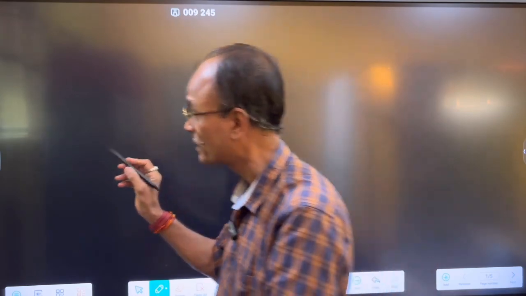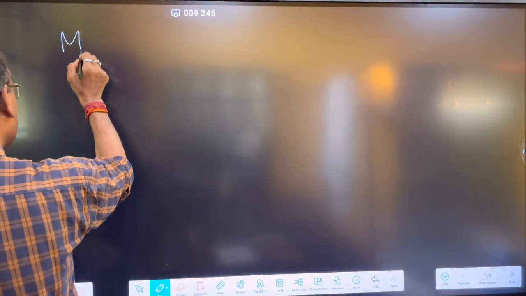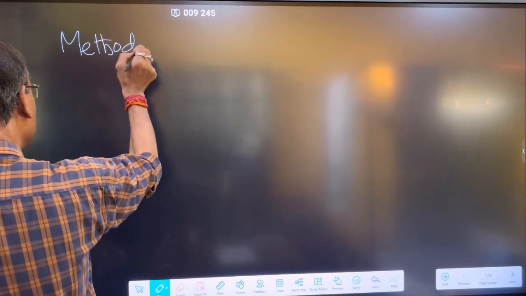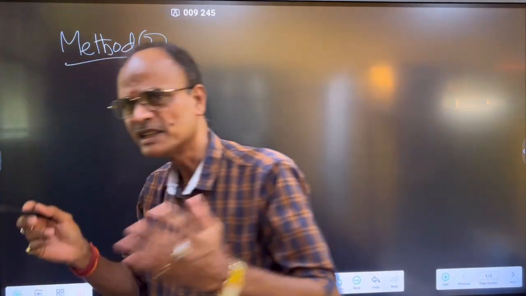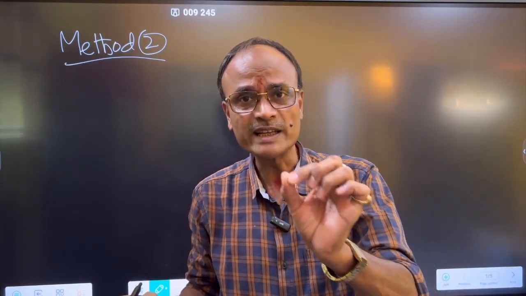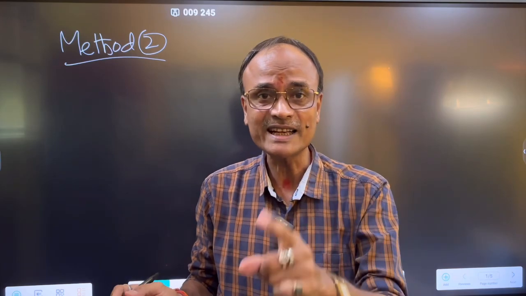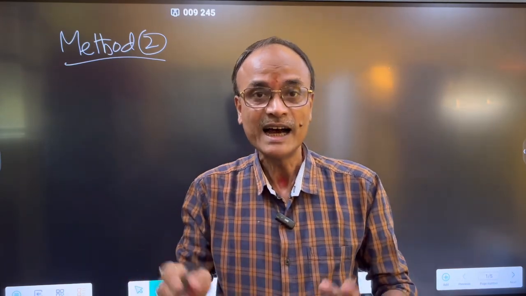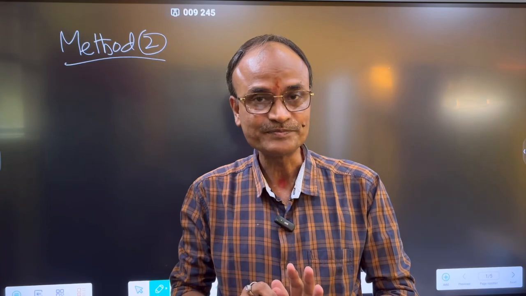Today I shall discuss Method 2. What is Method 2? If a differential equation of the form M dx plus N dy equal to 0, where M and N are functions of x and y, is not exact,